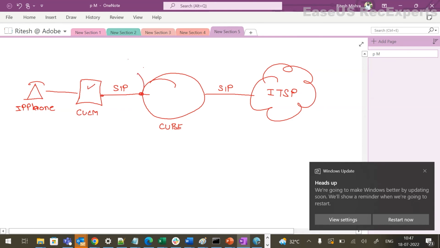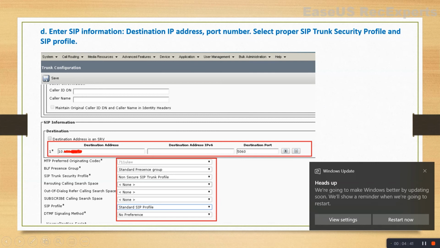This would be the LAN interface of the Cube. So it will have an IP address. It can be any interface, a gig interface, loopback, any interface that you have configured. It should be up, should have an IP address, and the IP address of this interface should be entered here in the SIP trunk configuration, in the SIP information section under the destination IP address. So this will be the LAN interface of the Cube with a port number which is default 5060,